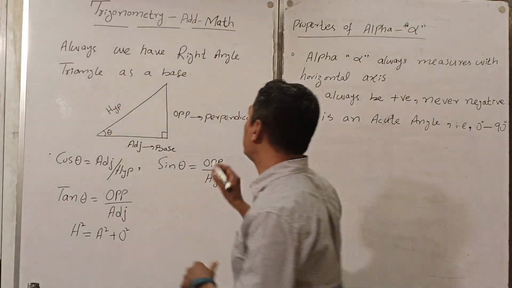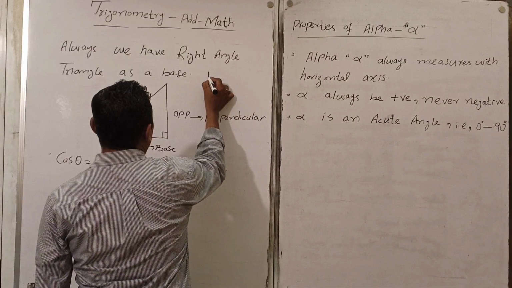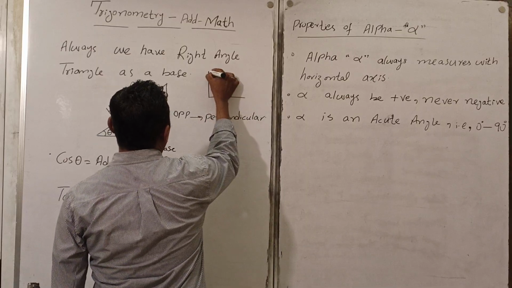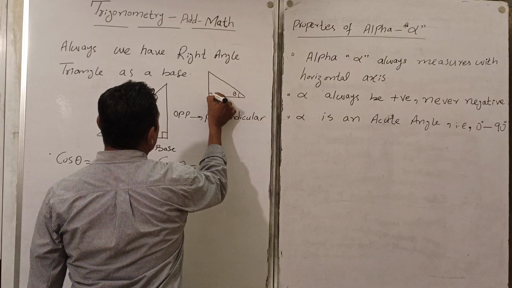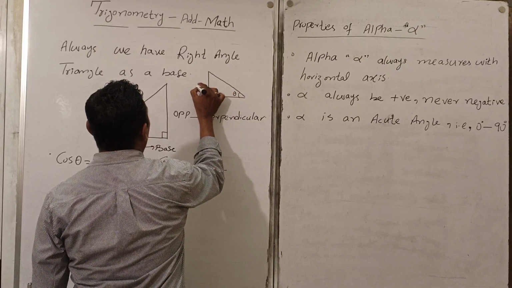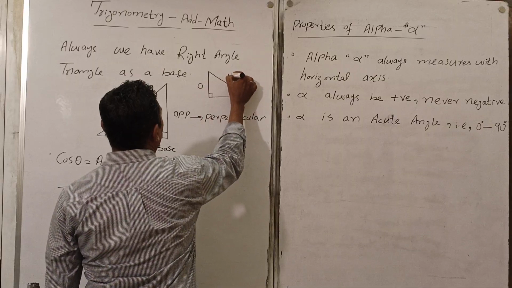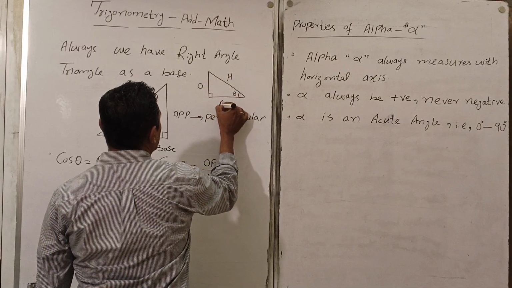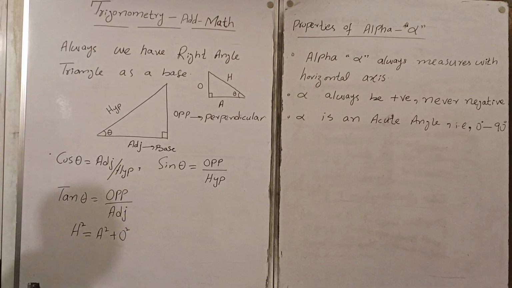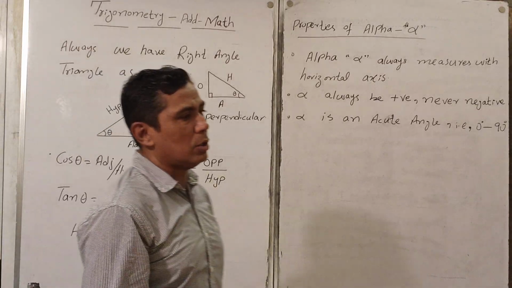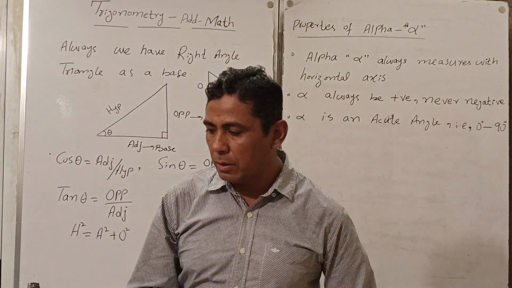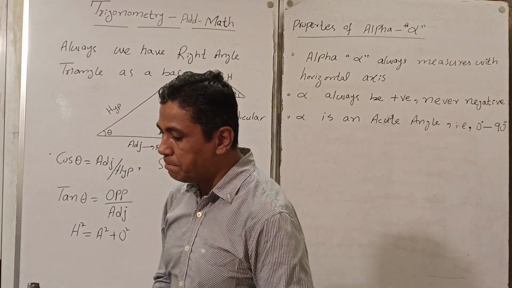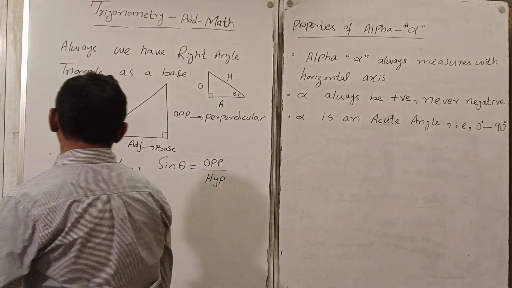Don't get confused. We can draw a right angle triangle in this way. So this is your theta. Again, it is your right angle. So now it is your opposite. This one is your hypotenuse. It is your adjacent. Right? Yes. So it means that all the ratios are based on the right angle triangle. This is the main thing. Second important thing that we need to discuss.